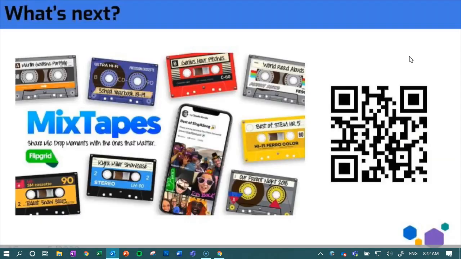Mixtapes is something new. I only just explored it during the remote learning at this time. It came up when students asked to see examples of what we felt were exemplars in student submissions on Flipgrid. It's a collection of student videos from across any grid or topic, and you compile them into your own mixtape. We tried it as a class based on peer feedback of student videos that were strong examples for others to refer to and be inspired to make their own contributions.